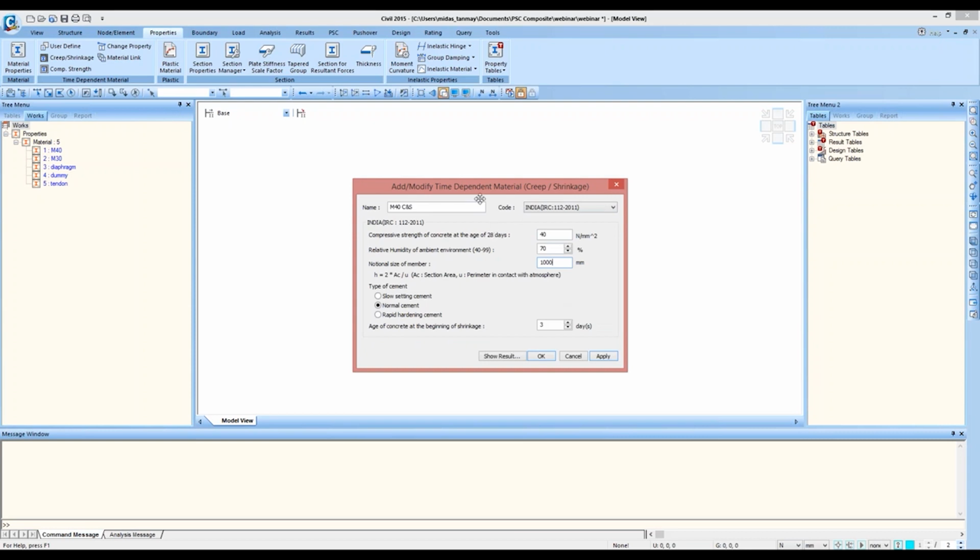So after we define the cross sections and the geometry, this will be calculated automatically by the program, and so we need to enter a random value here. The actual value will be calculated after we've defined the sections and the geometry.